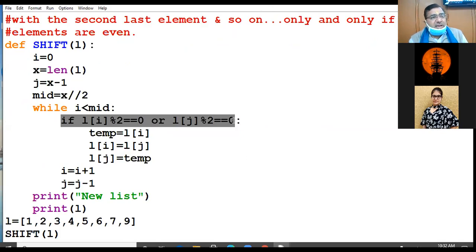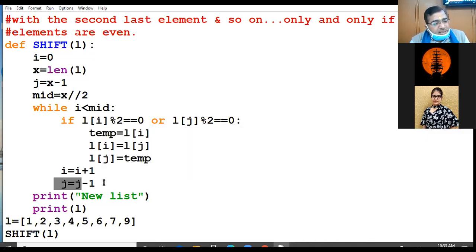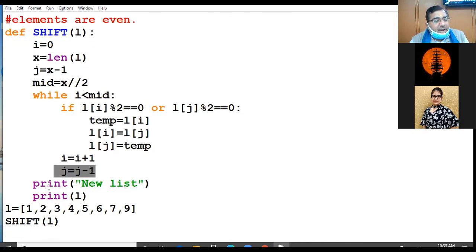So I put the condition with logical or, so if either condition gets true, swapping will take place, I will get incremented, J will get decremented, and I print the new list.